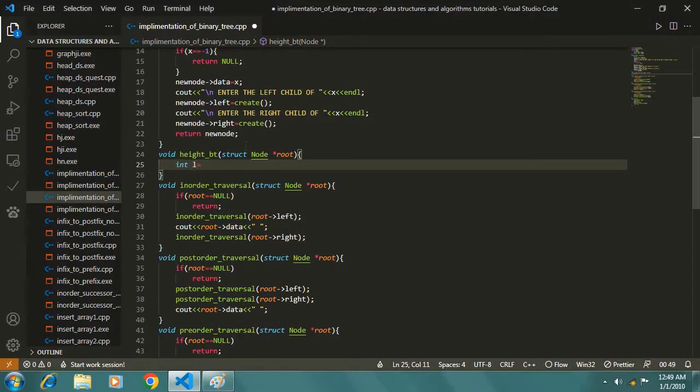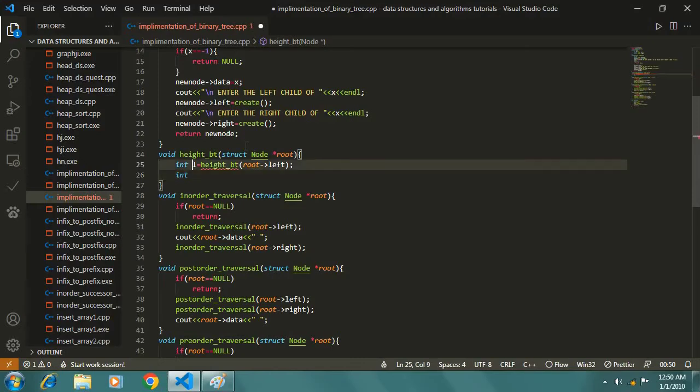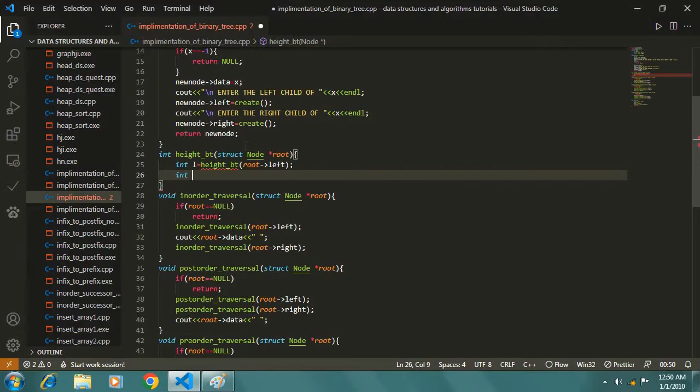I will call the height_bt function for root to left. It is returning an integer, so let me write its return type as an integer. Then I take another variable r and call the height_bt function for root to right.